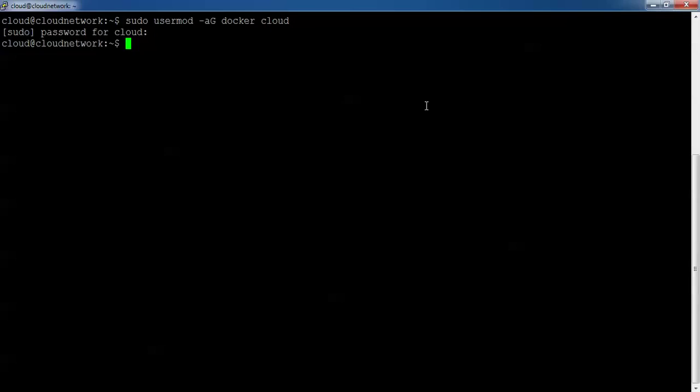So that has been completed. You can see on the screen the user has been added into the group user mode. Now I am going to log out and log in back with the root. If PuTTY does not allow login with the root, I am going to log in here directly with cloud.